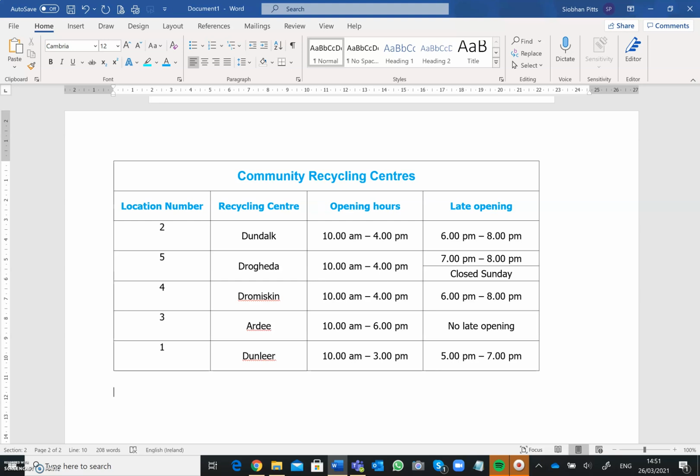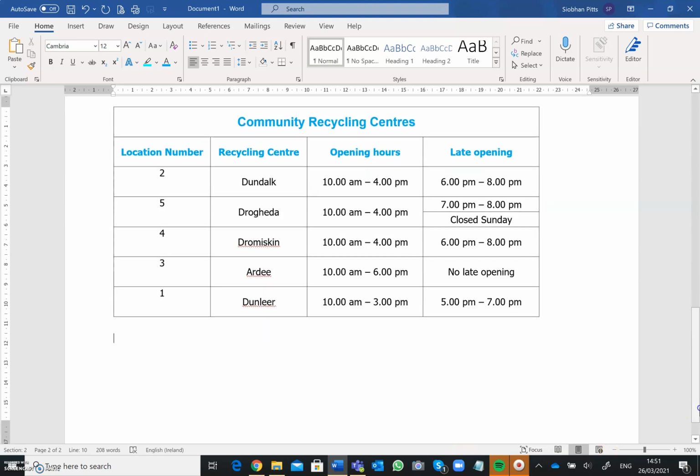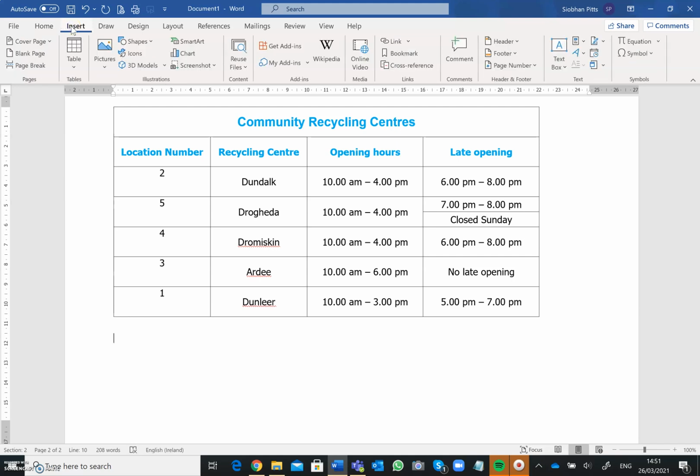And the very last thing that I want you to do on this page then is just add an appropriate image below your table and center it on the page. So to add an image, I'm going to come up to my Insert tab, and here in the Illustrations group, I'm going to go to Pictures,